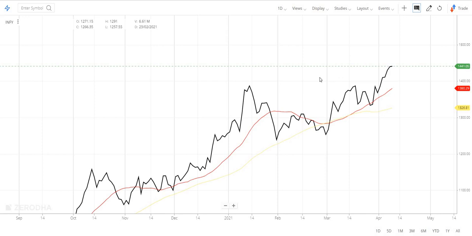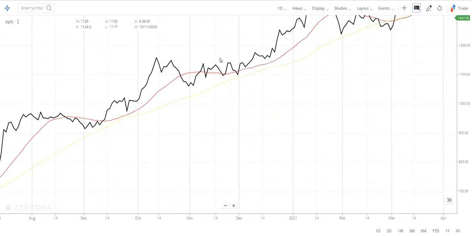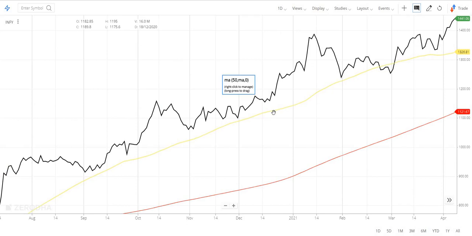or 6 months can use the 50 and 100 SMA, and a long-term investor can use the 100 and 200 day SMA. So let me place a 200-day SMA for all of you, because there is a different level of significance for a 200-day SMA. You can also use just the 200-day SMA, leaving everything else alone.